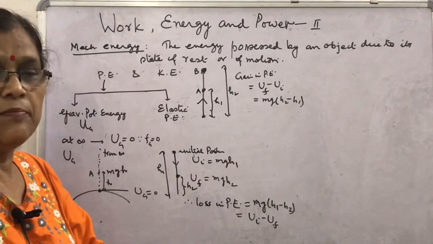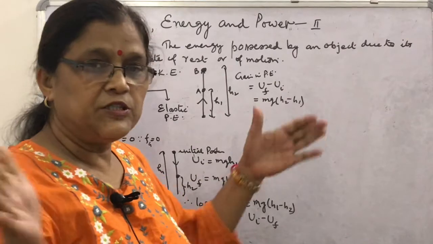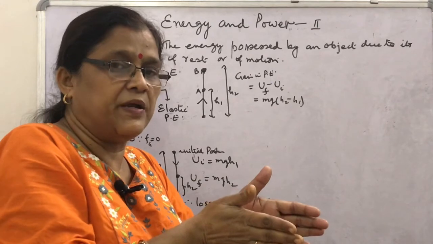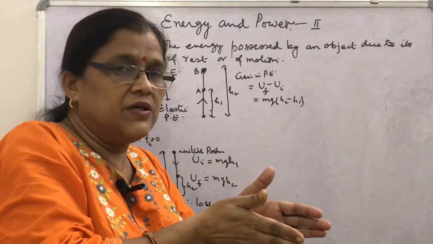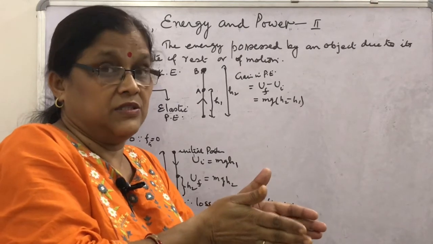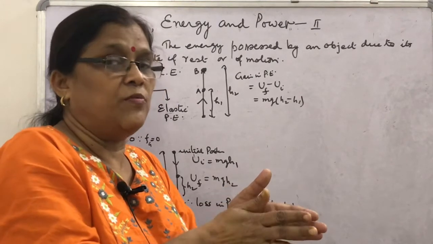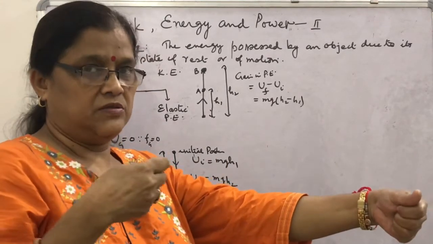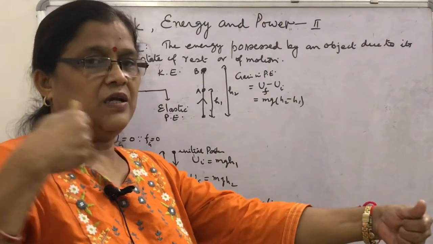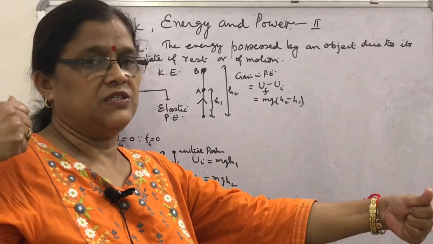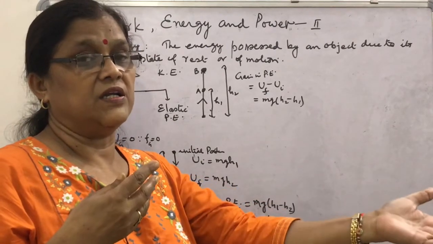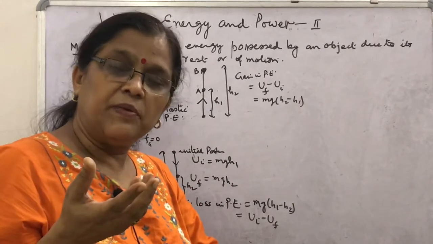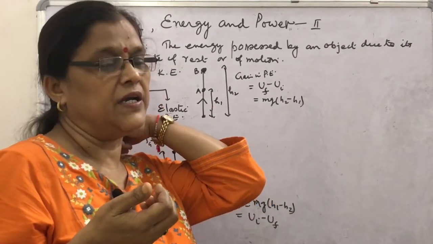Can you give other examples? Look, you have seen the spring. If you compress the spring, then in the state of rest, the work done in compressing the spring is stored in the form of potential energy. Similarly, if you see the bent bow string, the more it is stressed, the maximum will be the kinetic energy when the arrow is released from the bow. So these are examples when potential energy is converted into kinetic energy.